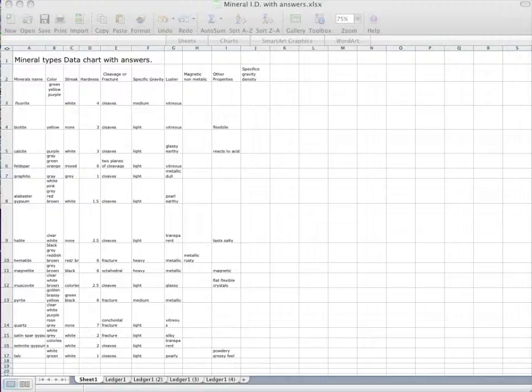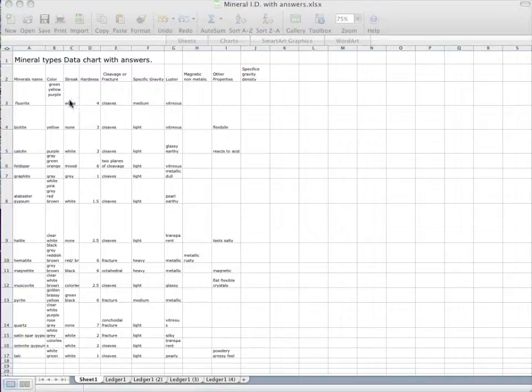So anyway, students will have some samples of minerals. For example, biotite and calcite and feldspar, graphite and gypsum and halite and magnetite and muscovite, pyrite, quartz, and whatever samples we have available. And we're going to look at these samples and categorize them into colors, and then